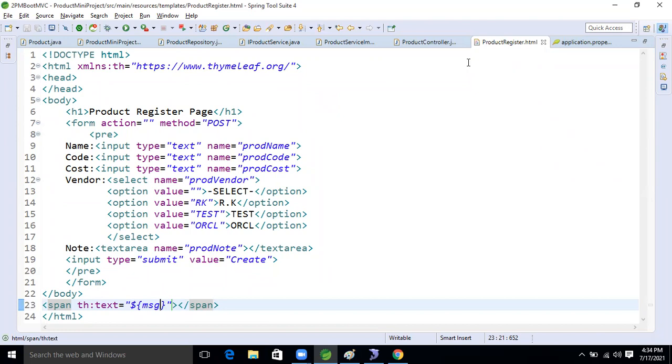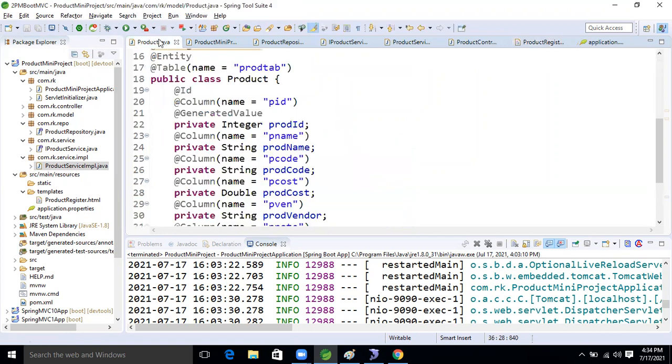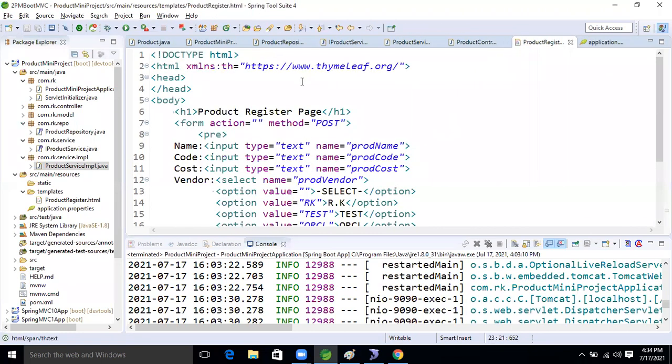So now shall we run the application and see, save our data and see? In the form, action is not filled. Action equal to save. Okay, so here what we will take now? Here, save, right?